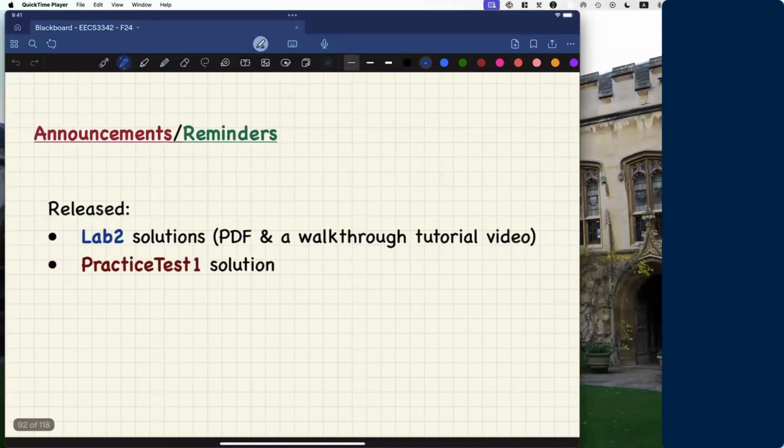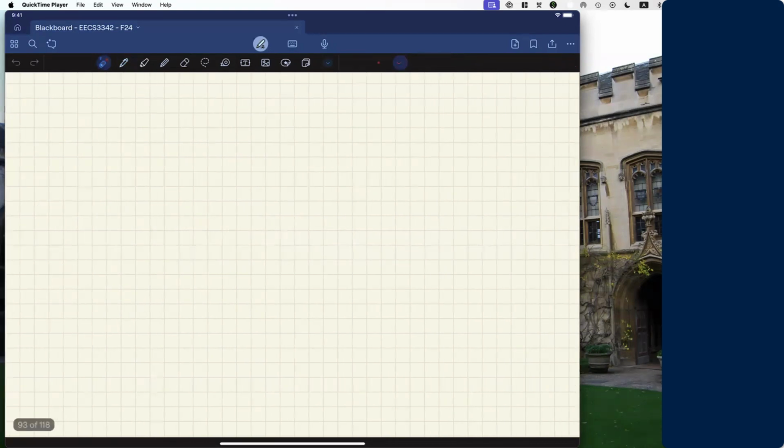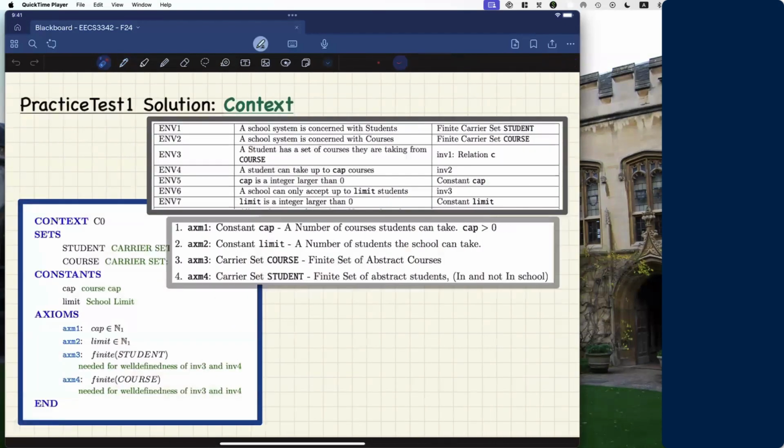Just before that, I already showed you your lab number two solution walkthrough. Let's now go over practice test one. Maybe I'll discuss it in pieces over here. In the actual programming test, you will be given some informal description for the